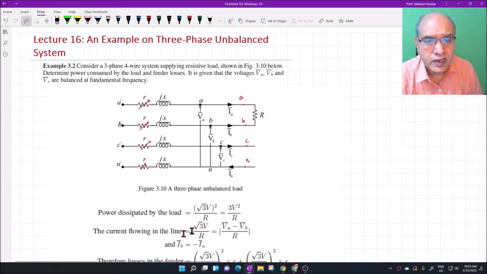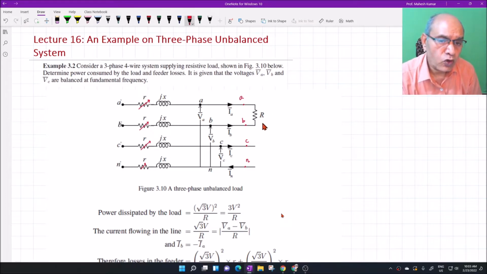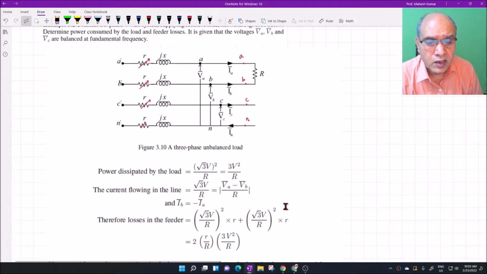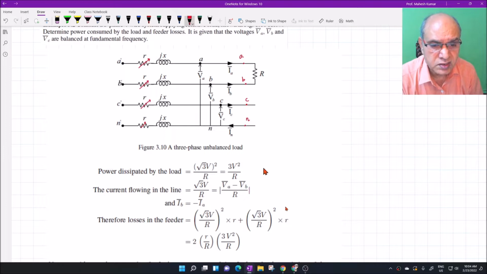As you know, the simplest way to solve this circuit is to find the voltages and currents and then use the expressions for power and power factor and find their values. We have already done it. Just for the sake of completeness, I will review the example again so that you are very comfortable about it and can handle these kinds of situations in power systems.